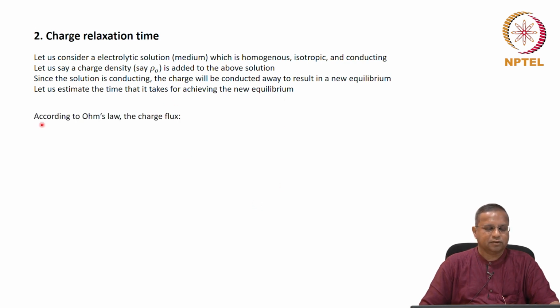To do that, let us do this. According to Ohm's law, the charge flux is nothing but I dash equals Ke times the electric field strength E, equation 5.7.2-1, and E is nothing but minus of del of V, the negative of the electrical potential gradient.